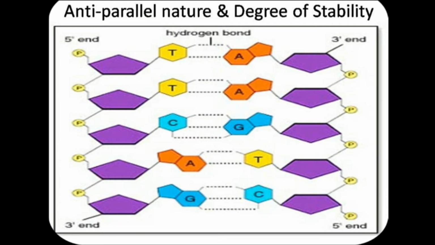The DNA molecule, in order to transmit and store the genetic information, has to be stable. So it has to withstand high temperature, pressure, etc. The degree of stability is maintained by the hydrogen bonds in between the bases. Adenine and thymine have a double hydrogen bond and cytosine and guanine have a triple hydrogen bond. So cytosine and guanine pairing is still harder to break than the adenine and thymine base pairing. Next slide.